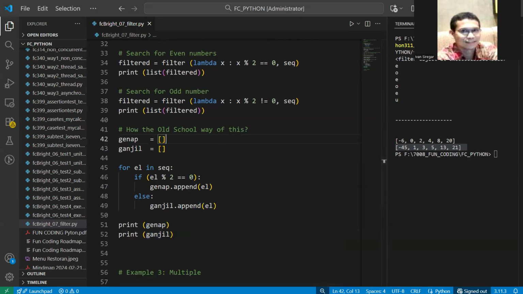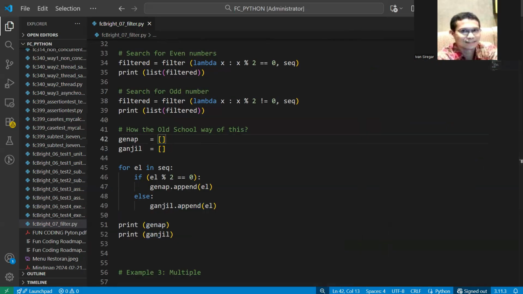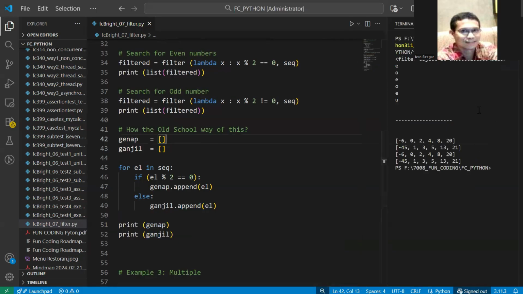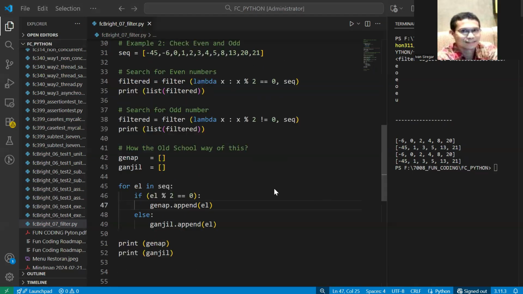Okay, you can run, and then let's see that the result is exactly the same. So this is the genap, and the second is the ganjil. I think it's clear now.